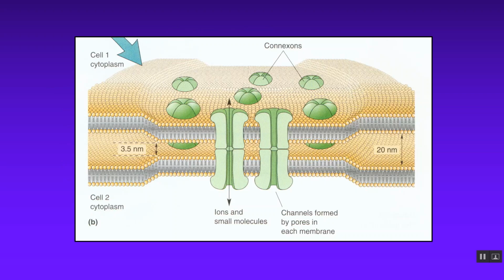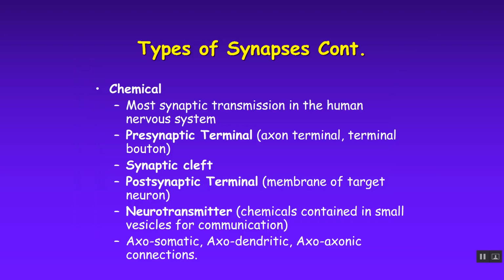That's just showing you the gap junction and the connexin, showing you that open pore system and that really small, narrow space at that gap junction between the two cell membranes, just 3.5 nanometers at that gap junction, and it's closer to 20 nanometers as you get away from that section. So that's electrical synapses. Now we're going to talk about chemical synapses,